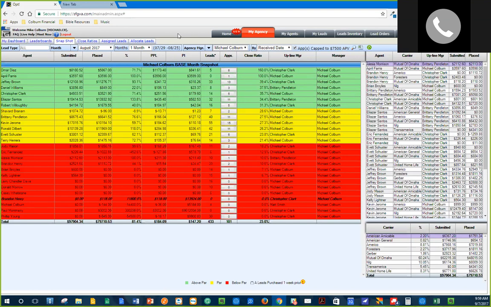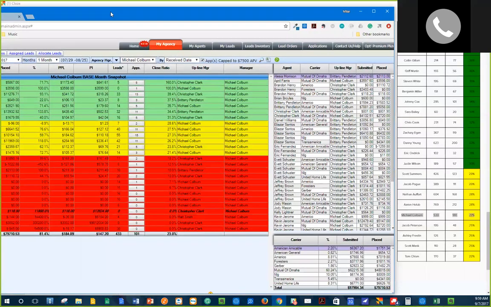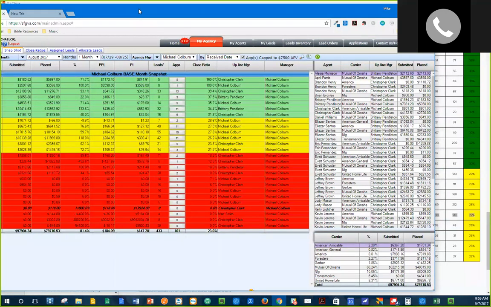I mean, in the end, if it's good business, if it's a 35-year-old and you're doing some Mutual Omaha Term Express and they don't have any health issues, submit that. Like, hey, submit that. But if it's a 77-year-old who has a stroke and COPD, yeah, maybe sit on that one. Don't submit that right away.